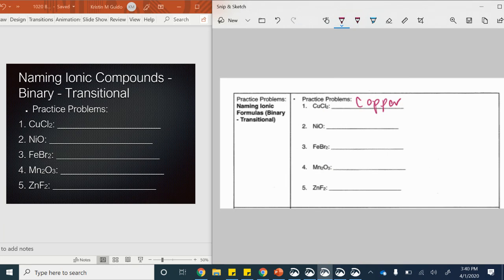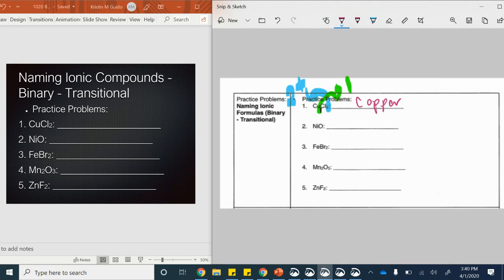We have copper, and we don't know copper's charge. Well, we do actually. We can uncrisscross. Notice copper doesn't have anything next to it, so that means there's a 1 there. If we uncrisscross the charges, this 2 means that it has a charge of 2. And we know that chlorine has a charge of 1, so that goes with the chlorine, right? If we uncrisscross,